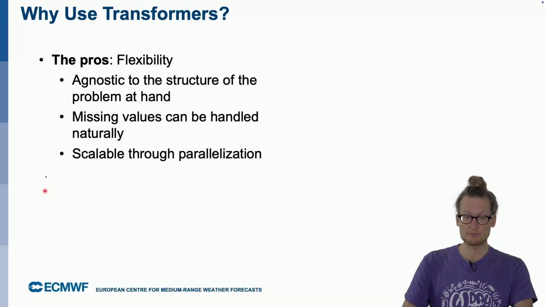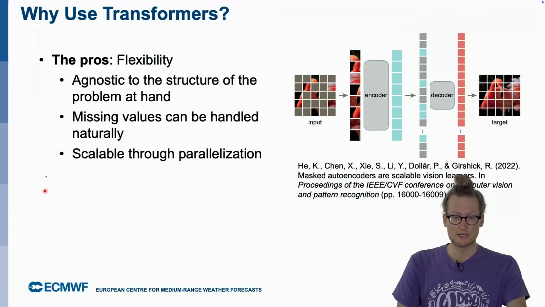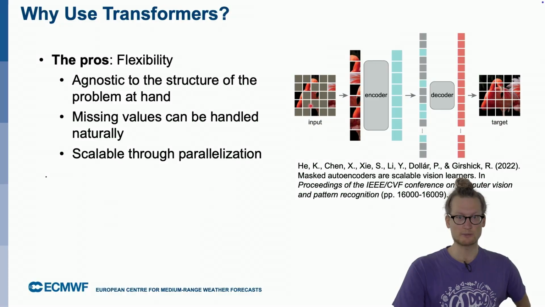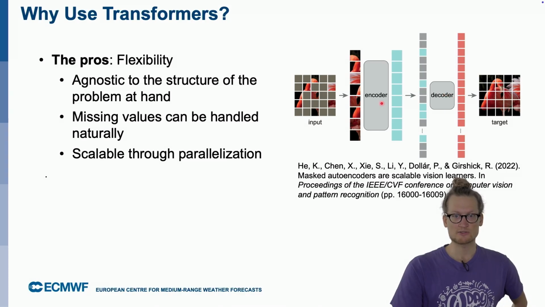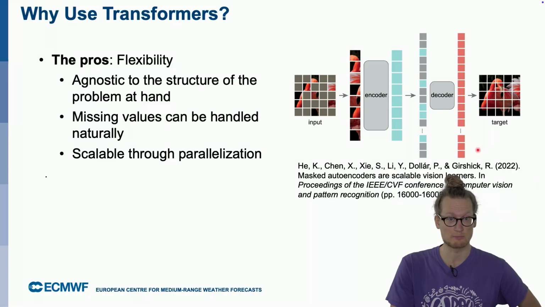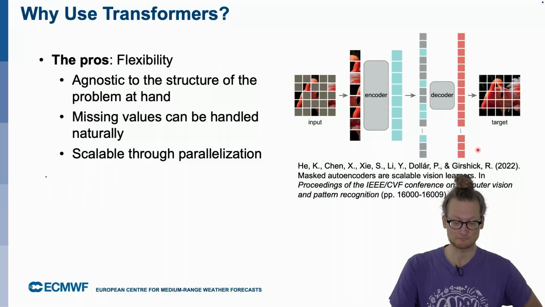Then missing values can be handled very naturally. For example, this was a masked autoencoder paper, which is pretty impressive, I think, where you have an input and you mask large proportions of the input and you only provide those tokens that are meaningful to the encoder. And then you ask the model to paint in the missing bits. And this is also straightforward working with transformers. You only provide it with those tokens that are meaningful, and then you ask it to fill up all the tokens that were missing. I wouldn't want to think about a way how you would implement a convolutional neural network to do this kind of inpainting. This would be pretty painful, I would say.